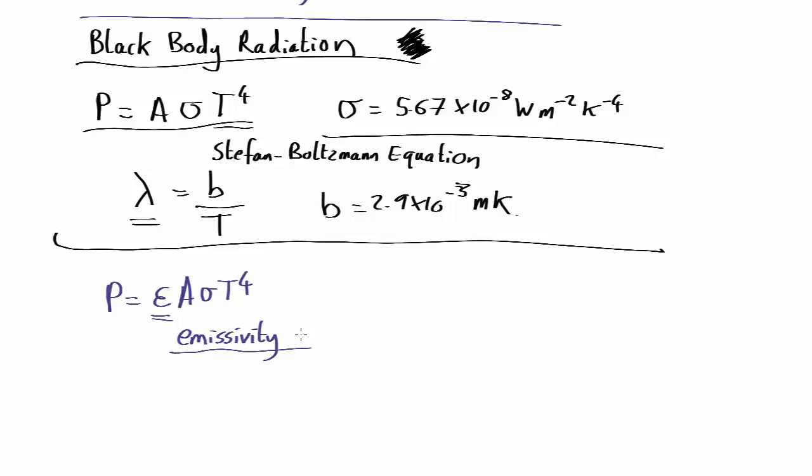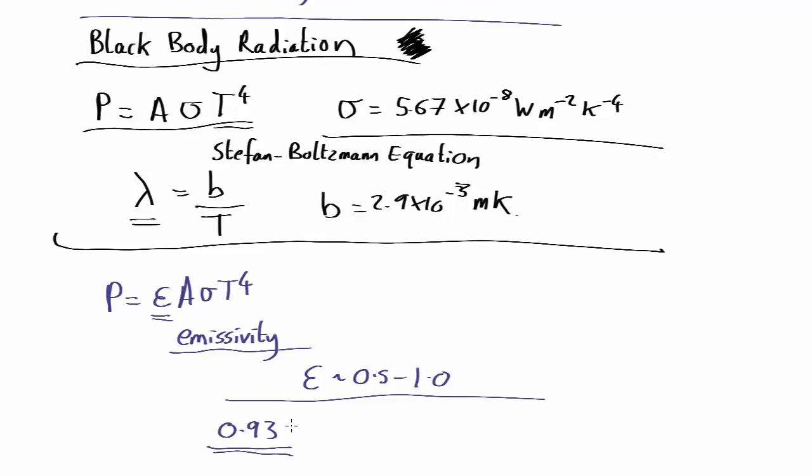Now, something that's very polished may have an emissivity of 0.01 or something like that for a mirror, but even a very polished mirror is seldom less than 2 or 3%. For most objects, emissivity is about 0.5 up to 1. For example, for human skin, at infrared wavelengths, the emissivity is about 0.93. That's actually both for white-skinned and dark-skinned people. It turns out at infrared wavelengths, we all have dark skin. All of us are black.